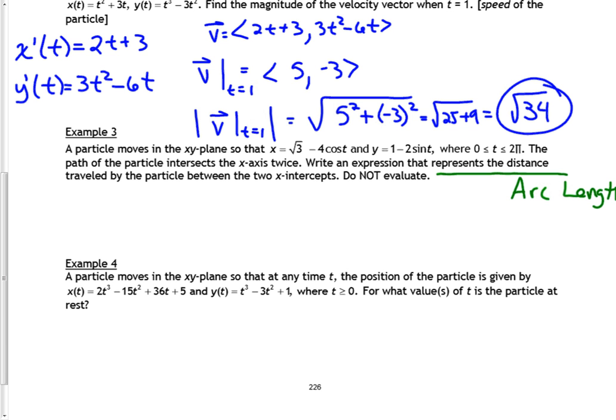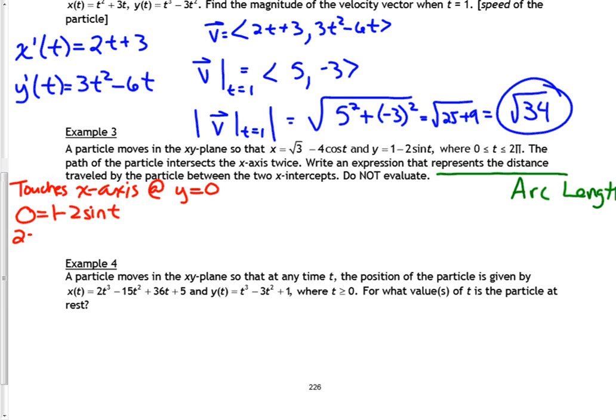Now, the difficult part is usually finding the two bounds. Well, they've told us what we want. We want between the two x-intercepts. Okay, well, where do the x-intercepts happen? That's where the curve touches the x-axis. So we want to know where it touches the x-axis. Well, it's going to touch the x-axis whenever my y is equal to 0. So as long as the y value is 0, I should be touching the x-axis. So I'm going to set my y equal to 0,